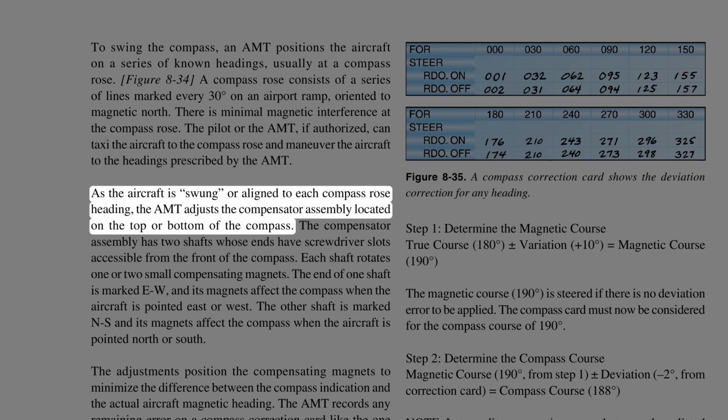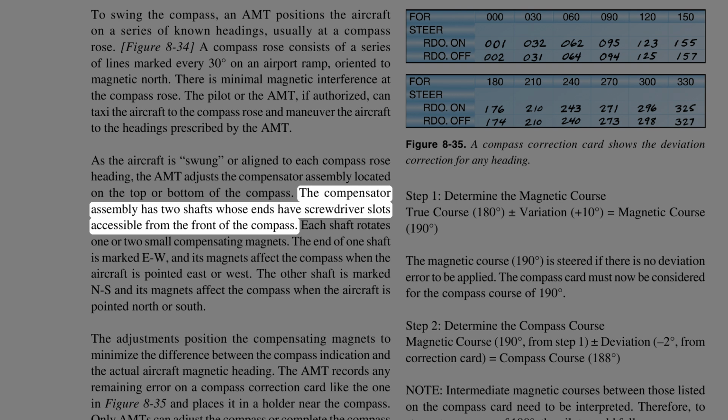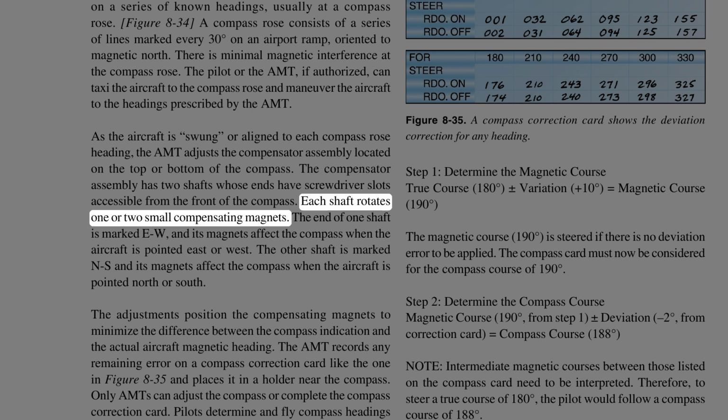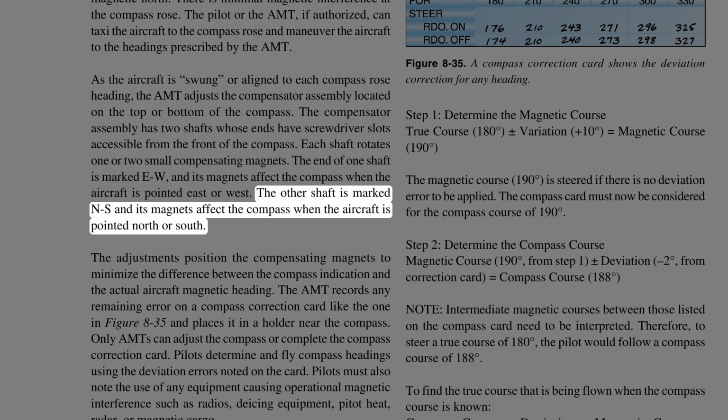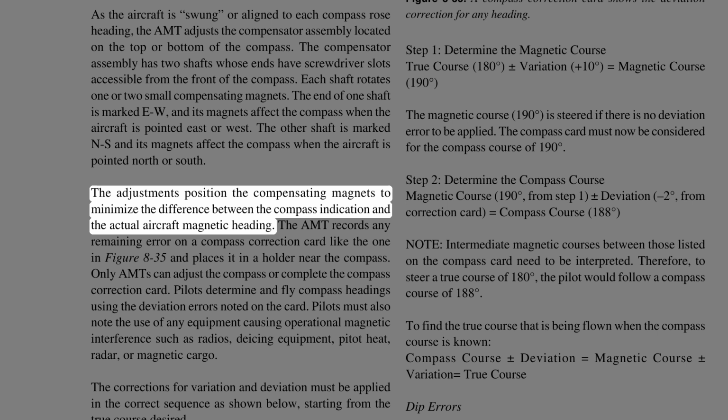As the aircraft is swung or aligned to each compass rose heading, the AMT adjusts the compensator assembly located on the top or bottom of the compass. The compensator assembly has two shafts whose ends have screwdriver slots accessible from the front of the compass. Each shaft rotates one or two small compensating magnets. The end of one shaft is marked EW, and its magnets affect the compass when the aircraft is pointed east or west. The other shaft is marked NS, and its magnets affect the compass when the aircraft is pointed north or south. The adjustments position the compensating magnets to minimize the difference between the compass indication and the actual aircraft